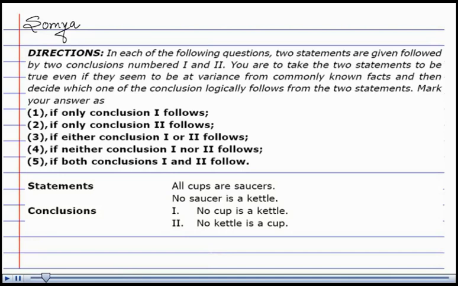Hello, I'm Soumya. Directions. In each of the following questions, 2 statements are given followed by 2 conclusions numbered 1 and 2. You are to take the 2 statements to be true even if they seem to be at variance from commonly known facts, and then decide which one of the conclusions logically follows from the 2 statements. Mark your answer as 1 if only conclusion 1 follows, 2 if only conclusion 2 follows, 3 if either conclusion 1 or 2 follows, 4 if neither conclusion 1 nor 2 follows, and 5 if both conclusion 1 and 2 follow. The question thus is,